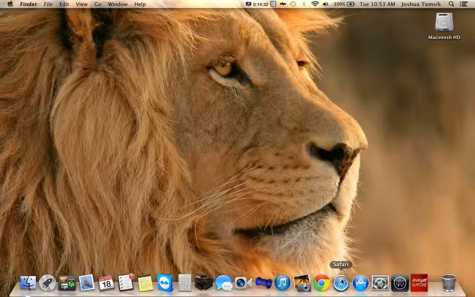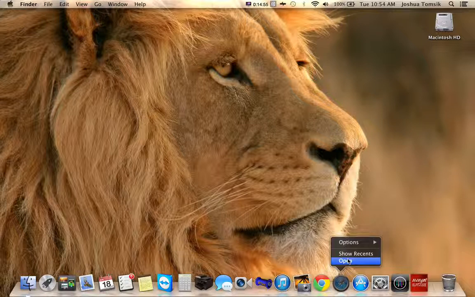Now, to right click in a Windows-based environment, you have essentially a button on your trackpad, or on your mouse you have another button on the right-hand side that you usually press down. On the trackpad on the Mac, you use your two fingers at one time. So I'm going to take my two fingers and I'm going to press them down together, and it is going to essentially give me the options that I have for this